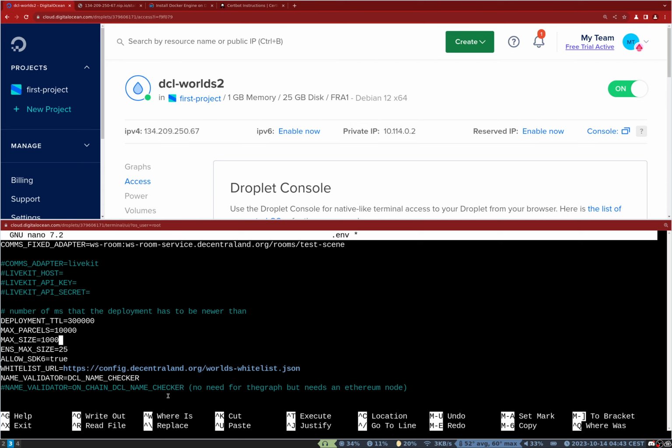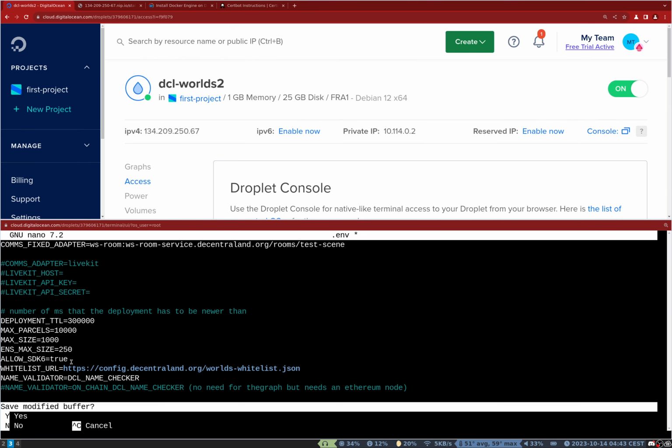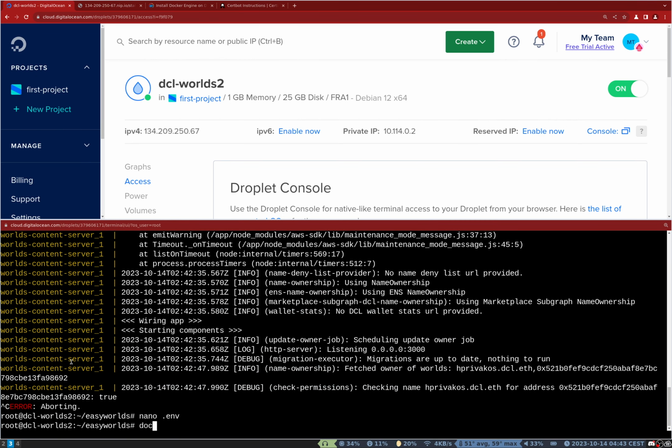So I've put it to 1 gigabyte by default. And the size if you just have an ENS name. So we can up that to 250 megabytes. And we also allow SDK6. We can quit by doing Ctrl X, Y, Enter, restarting the server,